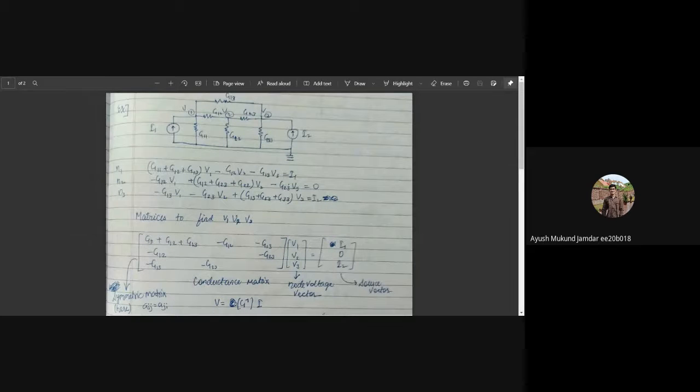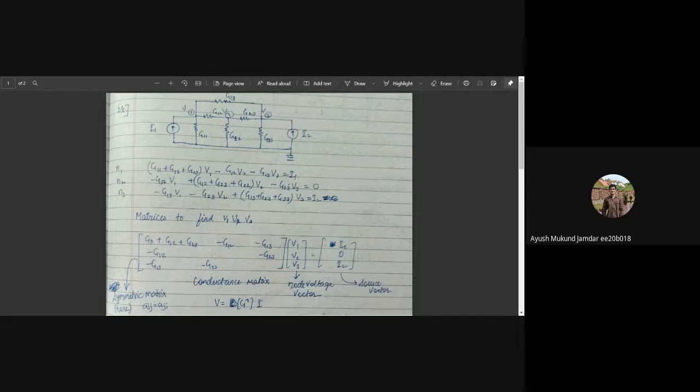We see a network comprising a resistor arrangement, and there are a couple of constant current sources on either side of the circuit. Zero potential has been specified, and as you can see, there are three nodes in the circuit labeled 1, 2, and 3. Let the node voltages be V1, V2, and V3. So let's apply Kirchhoff's current law for the first node.